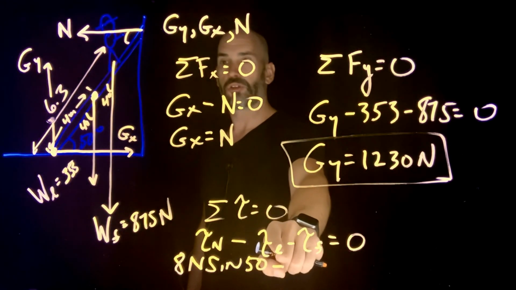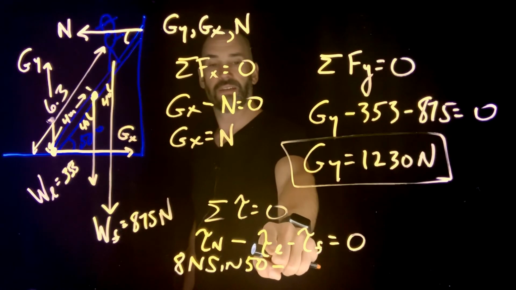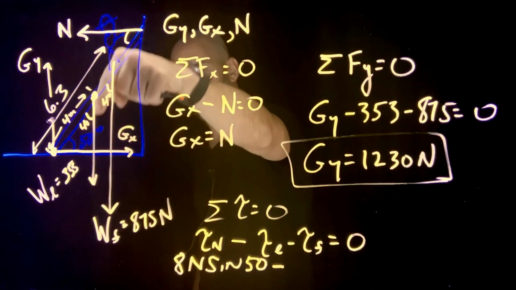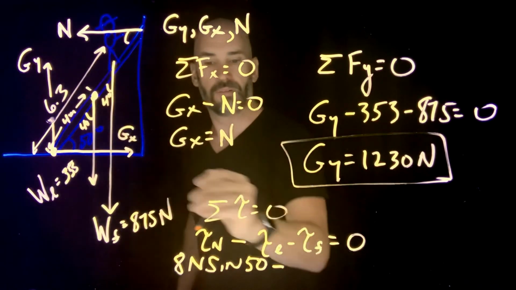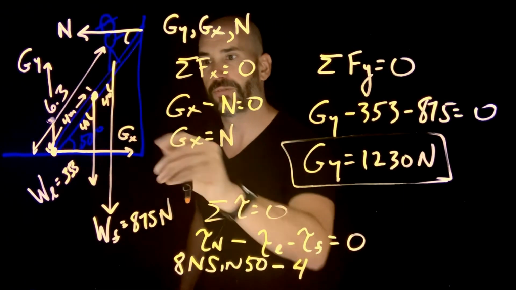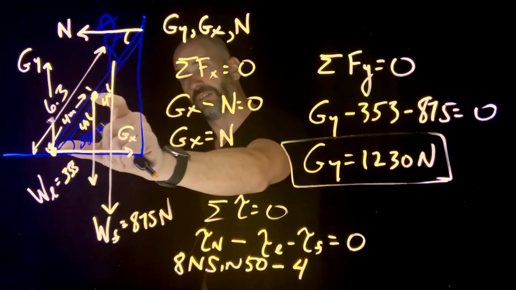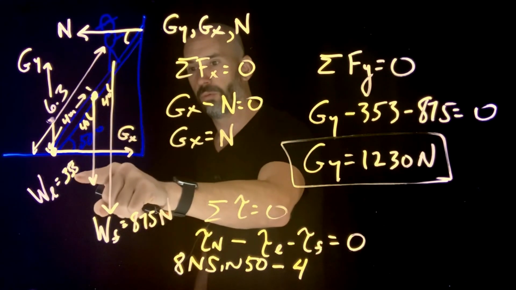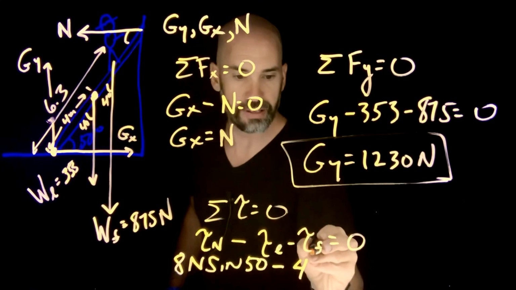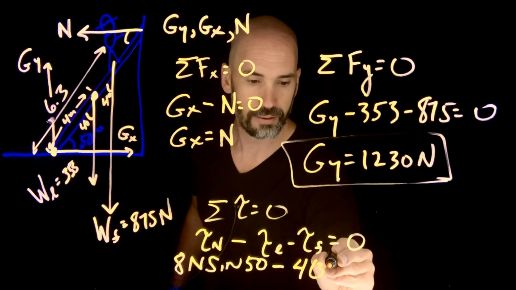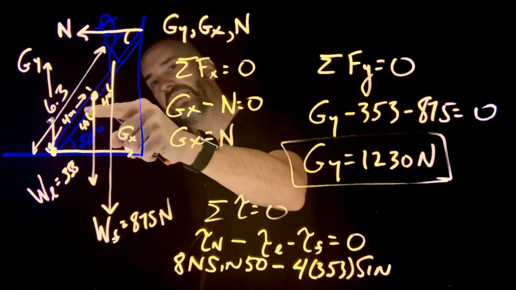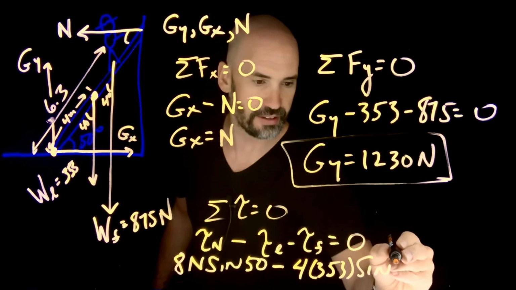minus torque of the weight of the ladder, which is this guy here. Okay, that is going to be 4, right? R is 4 for this. He's 4 away from the axis of rotation. Times, well, we know that the weight of the ladder is 353 times sine of, now that angle there is 40. So this is sine of 40